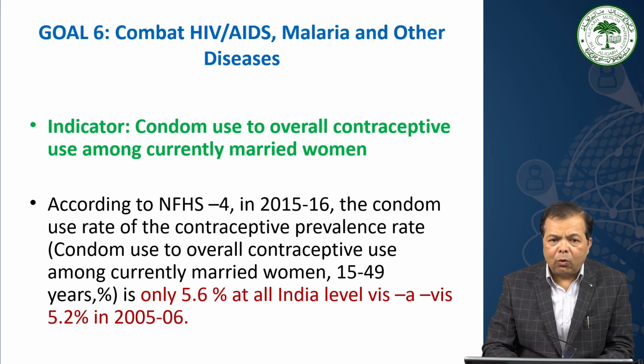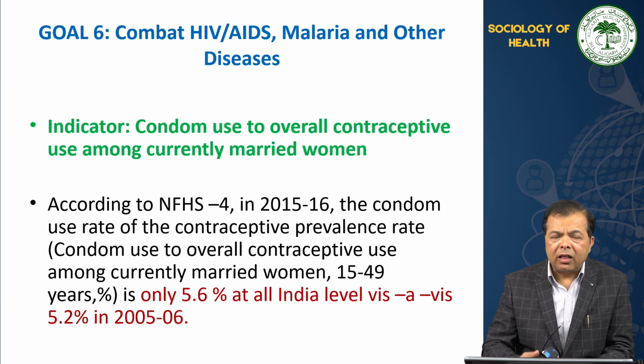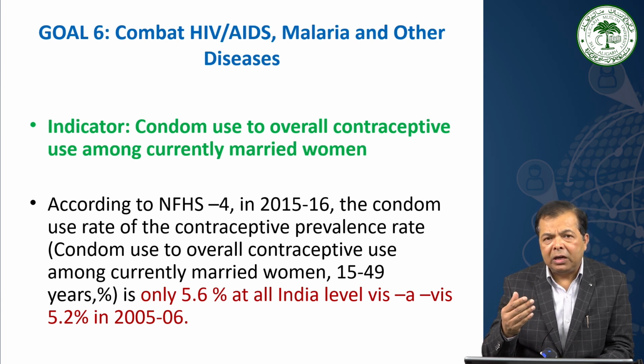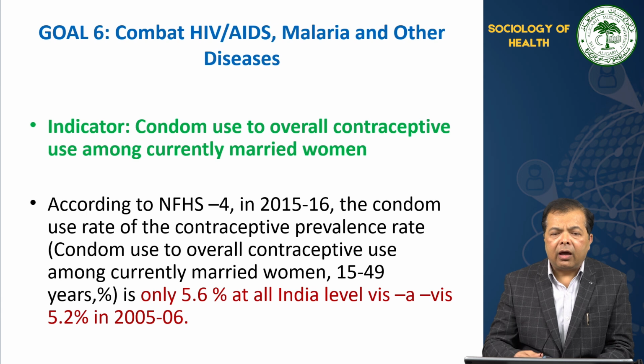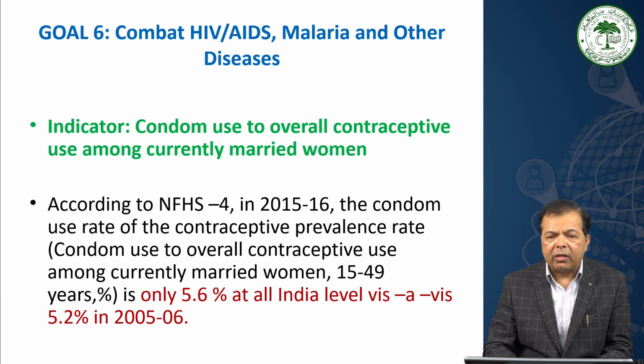And what is even more problematic, that the achievement in the last 10 years, that is from 2005 to 2015, is also much lower, because the prevalence was 5.2% in 2005-6, and this is remaining confined to 5.6% in 2015-16. That means this indicator is not fully functional, and that is why we need to talk about the reproductive